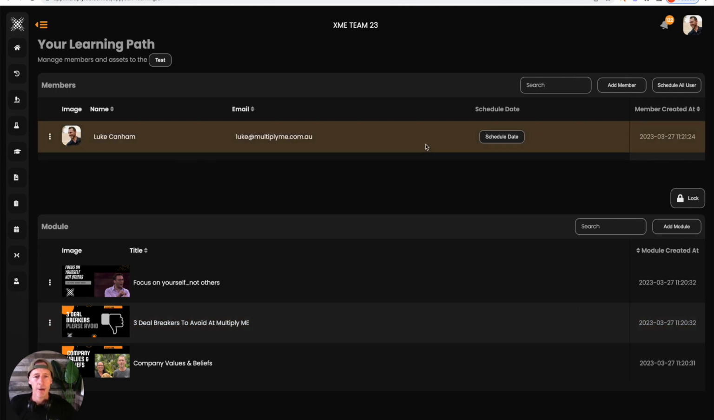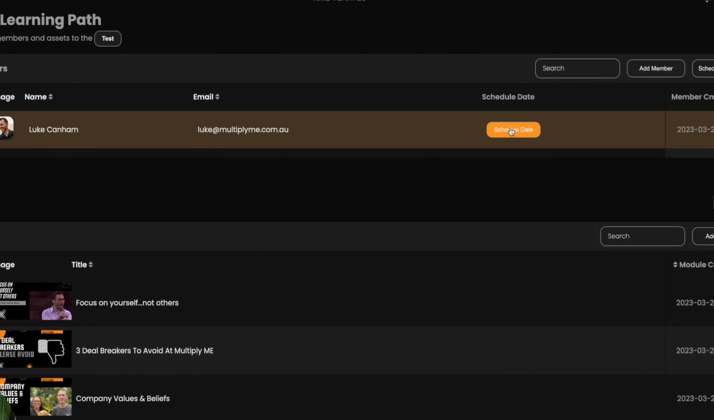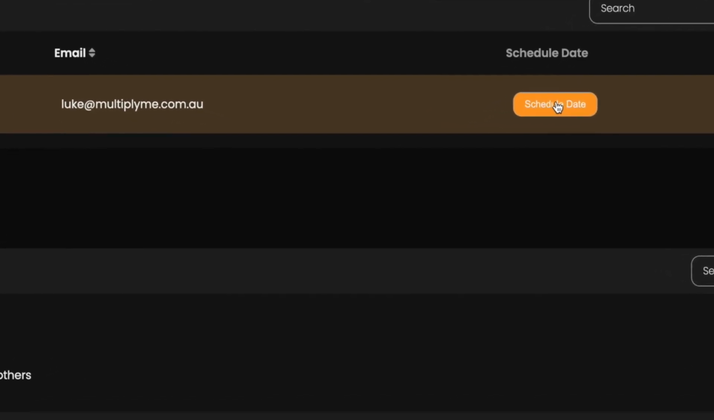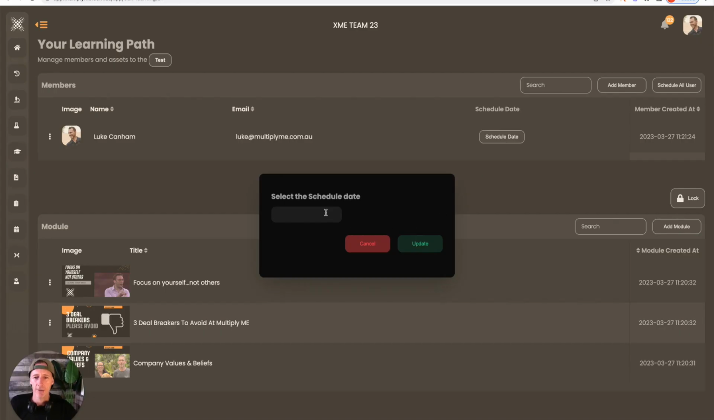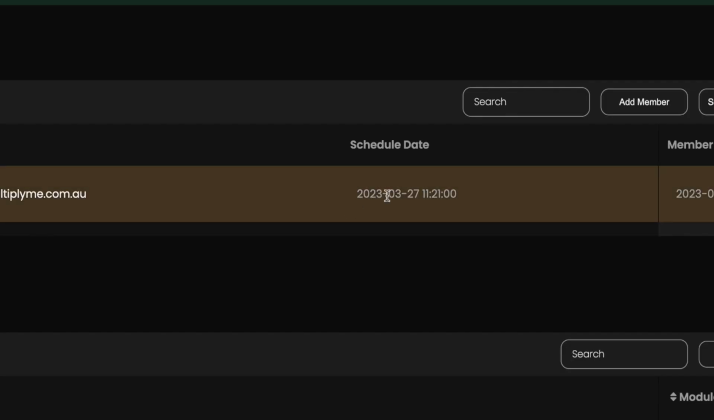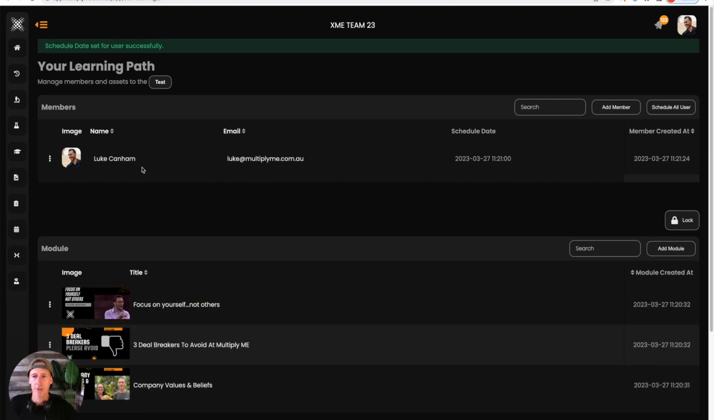Now, once you add a member, it hasn't sent straight away. What you actually need to do is schedule the date. So this gives you the flexibility to set something up beforehand, which is really cool. So schedule the date, press on here. I'm actually going to schedule it for right this second, so it goes straight across, but you can schedule the date, the time, the year. So you can see that it is scheduled there now, and these 3 modules in this learning path have now